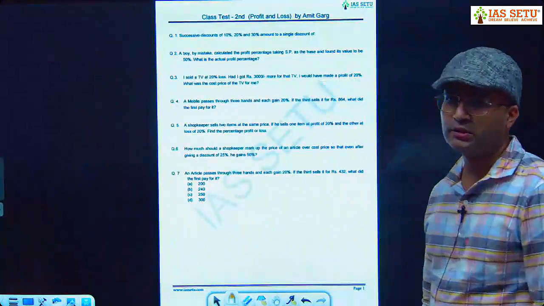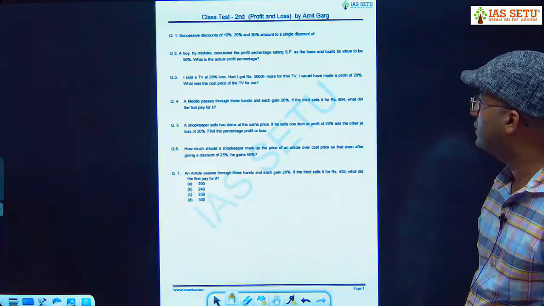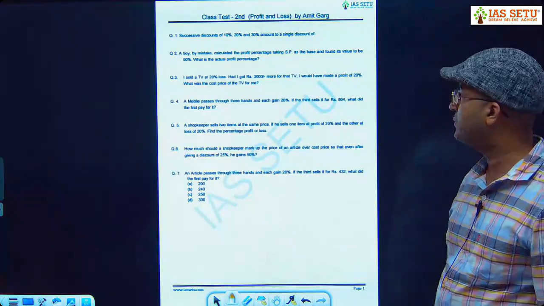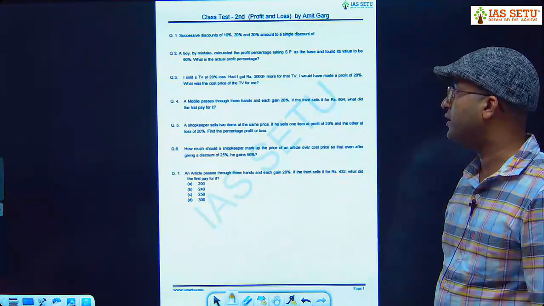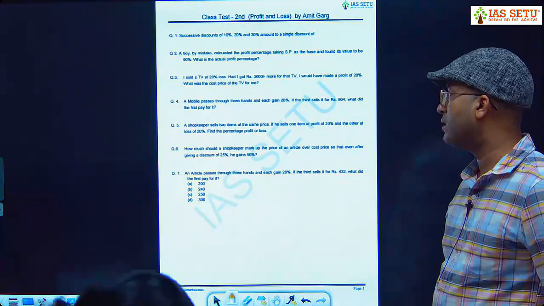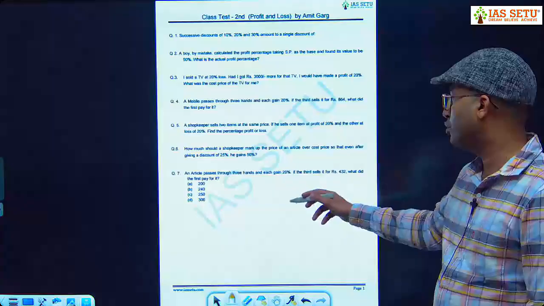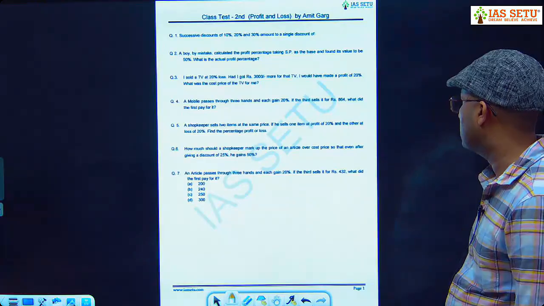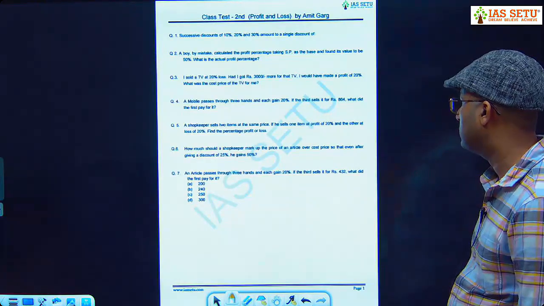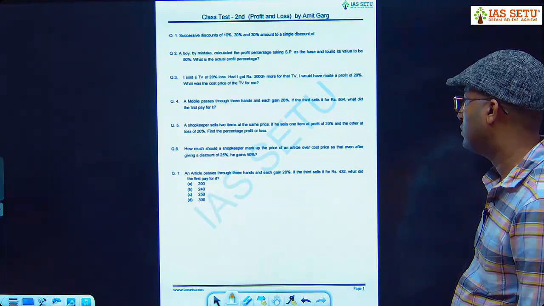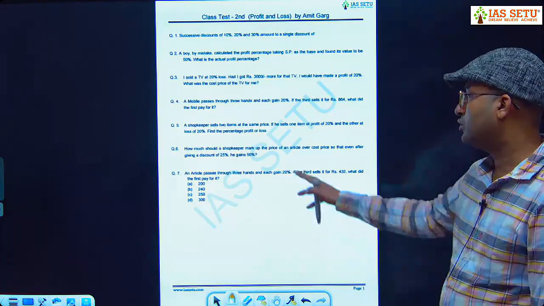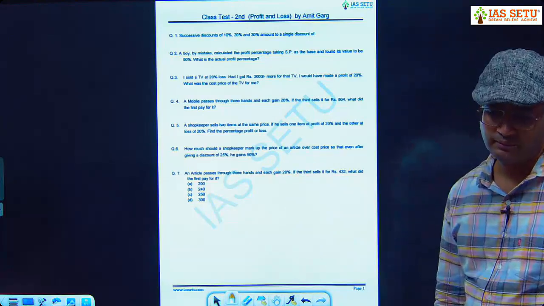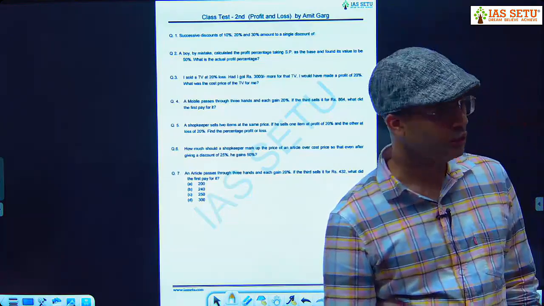टोटल 7 क्वेश्चन बेस्ड ऑन टुडेज लेक्चर। पहला क्वेश्चन सक्सेसिव डिस्काउंट का है, दूसरा क्वेश्चन बाय मिस्टेक सेलिंग प्राइस बेस, तीसरा क्वेश्चन आई सोल्ड ए टीवी एट 20% लॉस, बाद में 20% प्रॉफिट है। दिस इज चेन रूल, चेन रूल पे 2 क्वेश्चन है, एमआरपी पे भी 1 क्वेश्चन है आई थिंक। क्वेश्चन नंबर 6 एमआरपी पे है। ओके यू गॉट द टेस्ट।